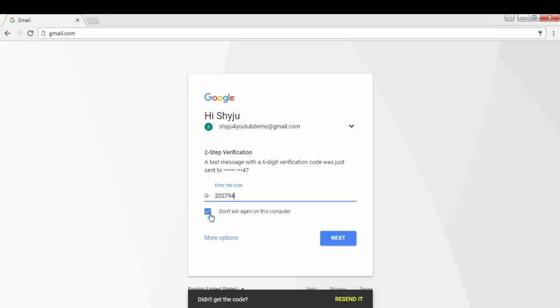I strongly recommend you do not click on this "do not ask again on this computer" if you are accessing your Gmail account from some other location. Only tick this when you are accessing your Gmail account from your own laptop at your own home. So I am not enabling it.